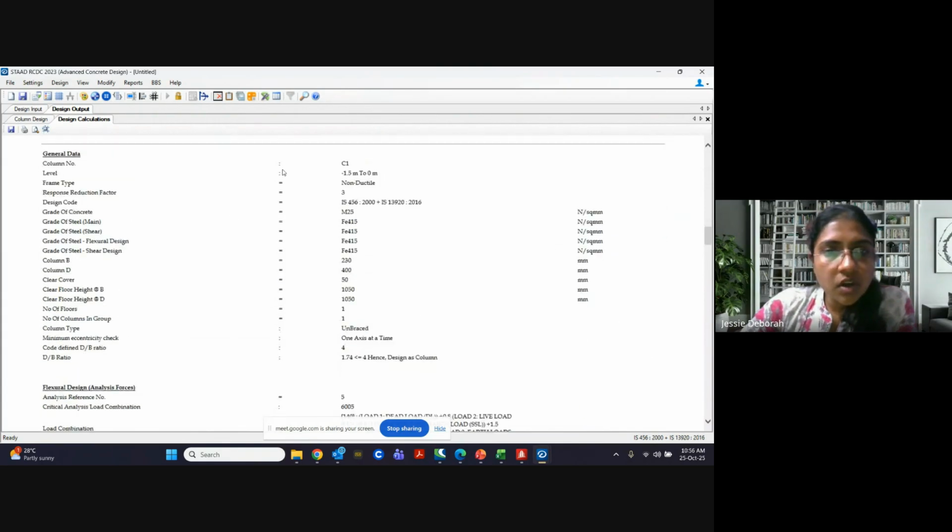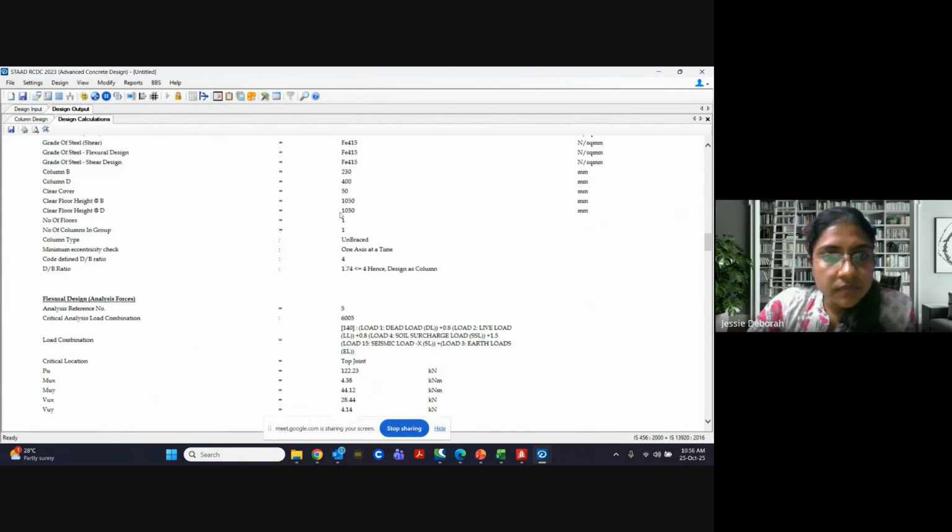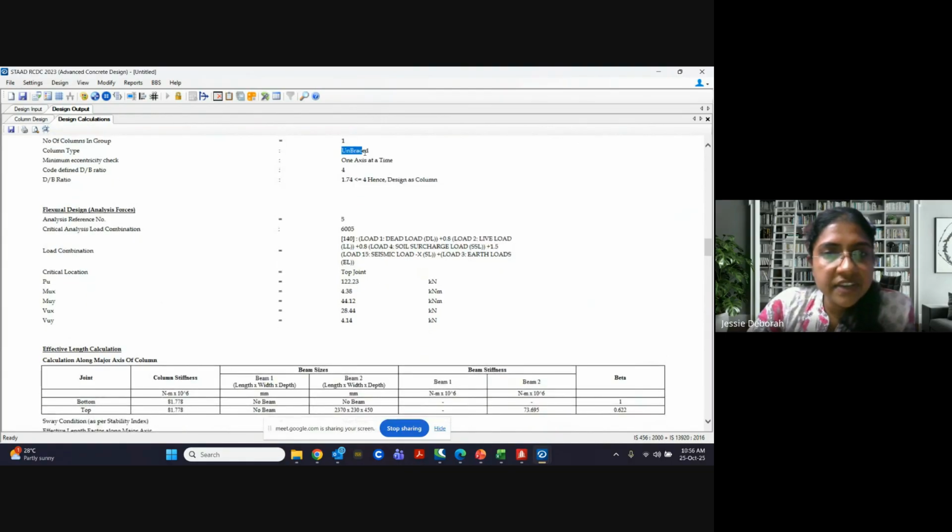We are designing a non-ductile column because it is a small column. Column dimension is 230 by 400, clear cover 50, height of floor, number of floors. Unbraced, we have taken; we are not bracing any column here, bracing mostly comes in steel elements only.